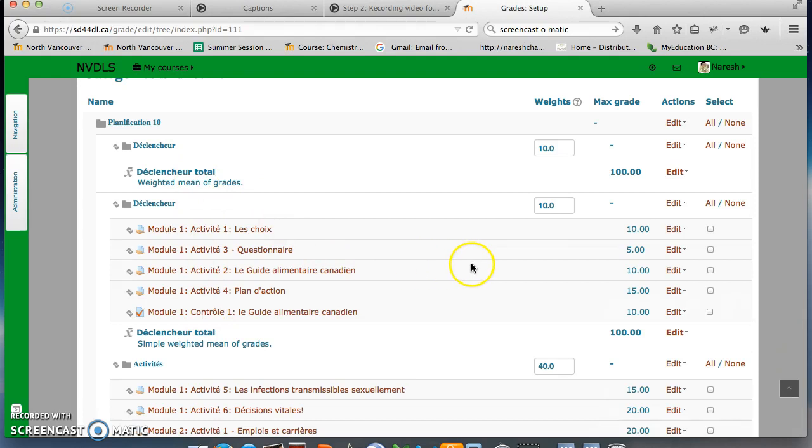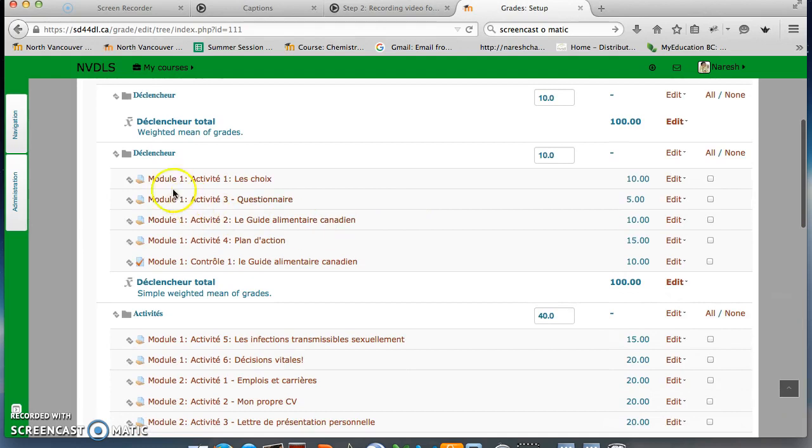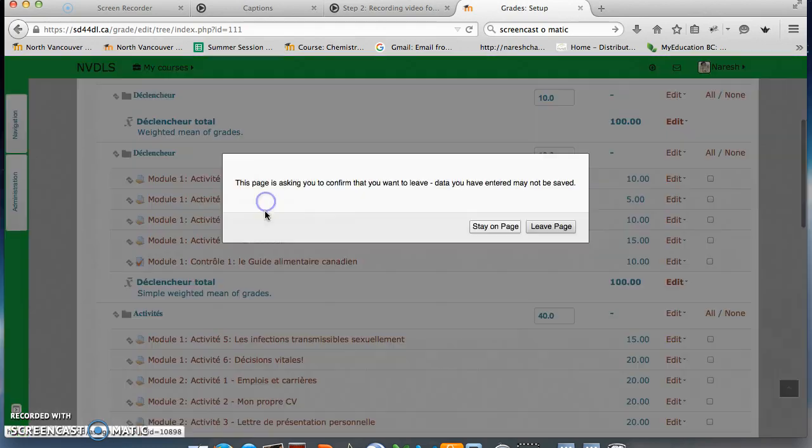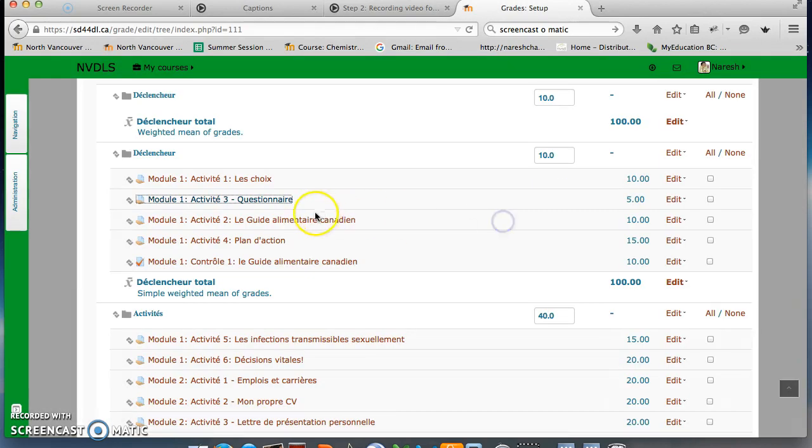Now what you're going to need to do, once we've created the category, is move all of these assignments that are in the original into this new category we made. And this is not so bad, because you can just go over here to the checkboxes and click on all of them,